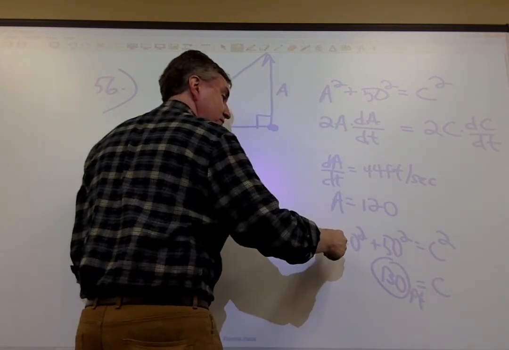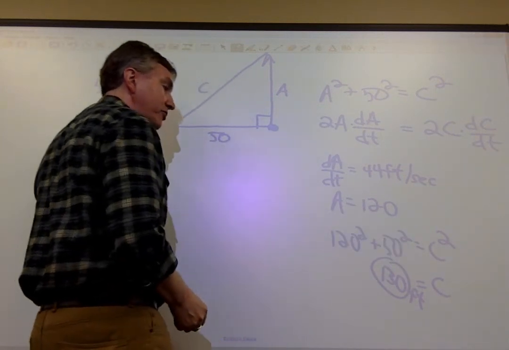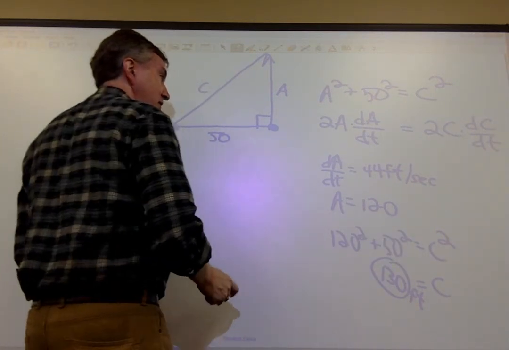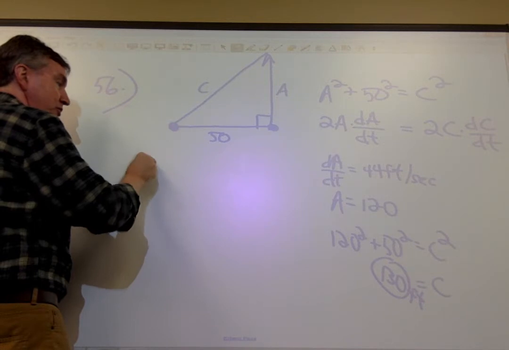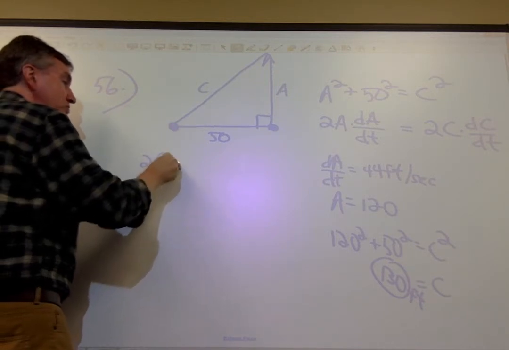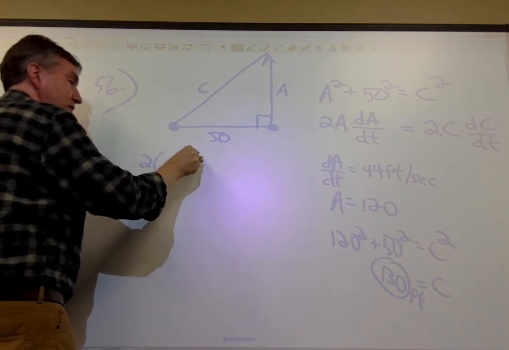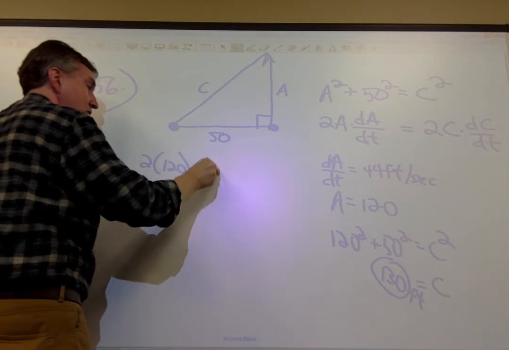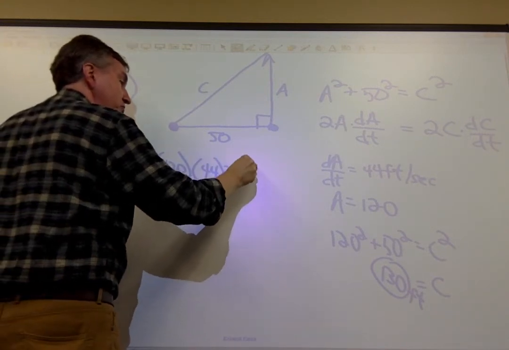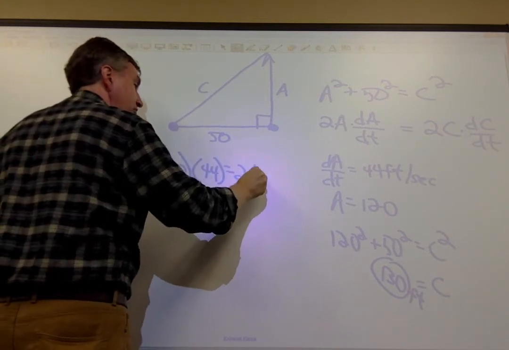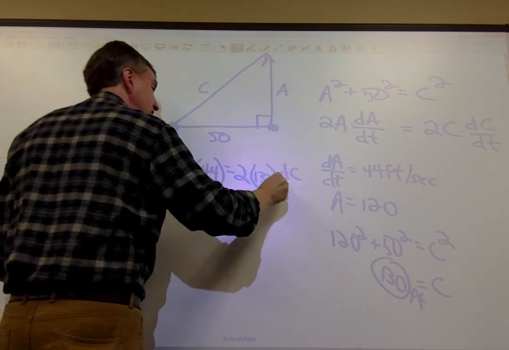So if you do that, pick the square root, you get 130. I like it. So let's plug in that. 2 times 120 times what? 44 equals 2 times what? 30. Let's see,